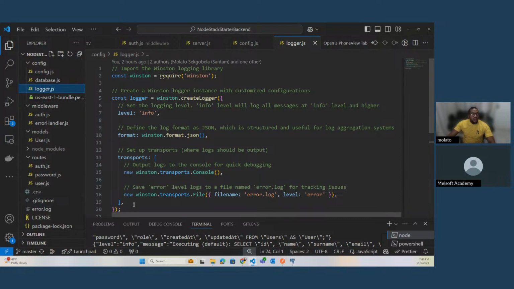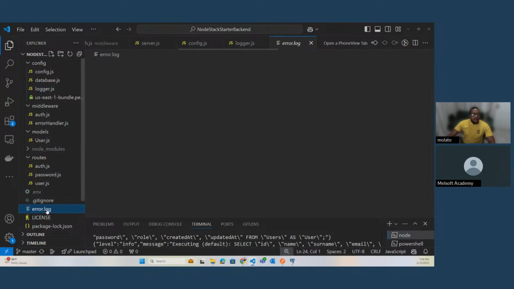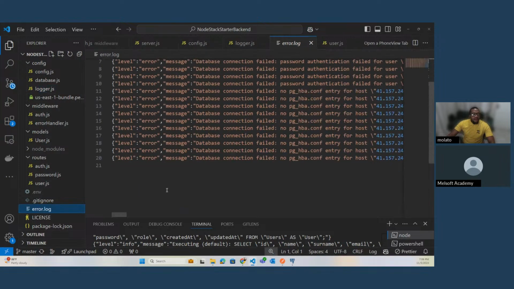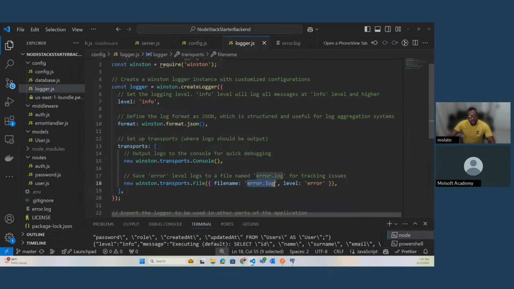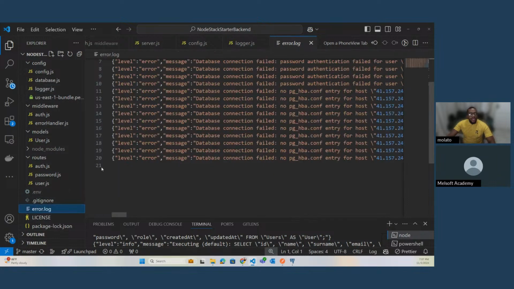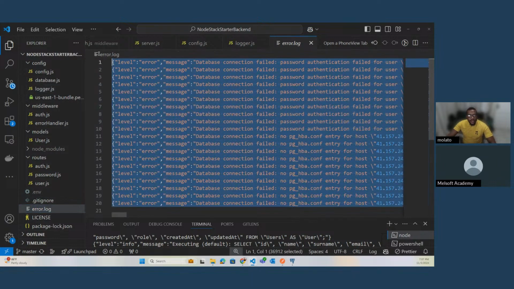So this is going to show us more details on the errors that we are encountering as we are communicating with our API backend. And then it's going to store every log error within a file that it creates, right? So whatever error it gets, it's going to save within this error log. So you basically created a log file for yourself so that it's easy to troubleshoot what is happening with your backend